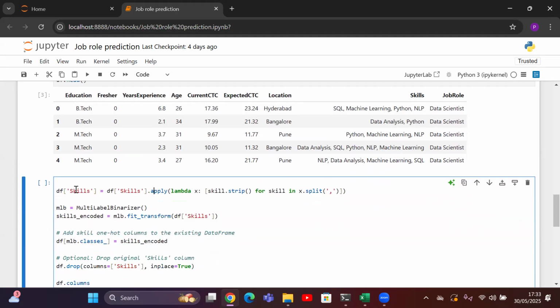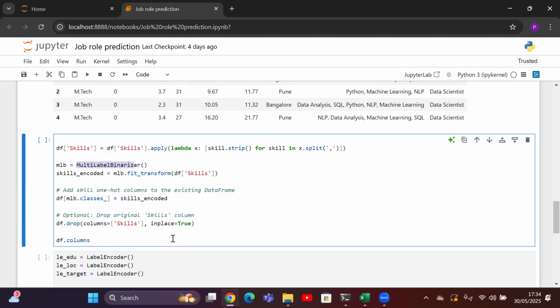And we are going to create a new column, skills, and we are initiating the MultiLabelBinarizer. And we will perform the operation by using the fit_transform function. What the fit_transform function does is basically data processing from machine learning pipelines, especially with tools like scikit-learn in Python. It is used to both learn from the data, that is the fit function, and apply a transformation, that is the transform, in a single step. So we are going to call the mapped columns like mlb.classes_, which is actually the encoded column.